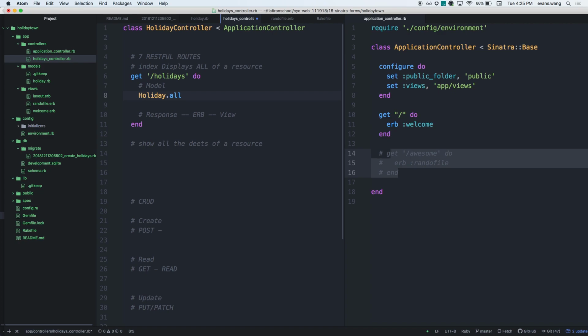Cool, right? And then how can I make sure that holiday.all gets passed into the view? I save it as an instance variable, right? So I can say @holidays equals Holiday.all. Now, remember, the controller,